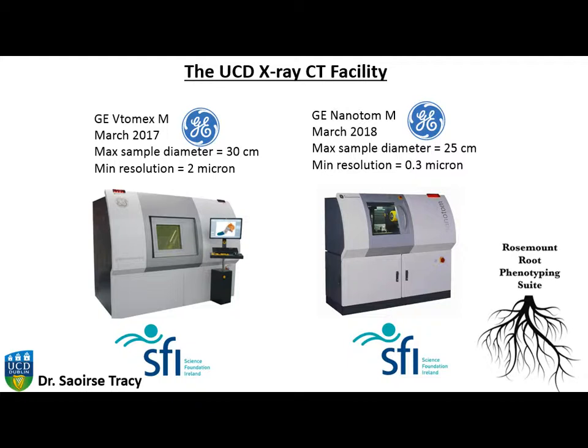I should point out, though, that the main limitation to X-ray CT is the trade-off between achievable resolution and the sample diameter. If you want really high resolution, you have to use much smaller diameter soil cores. This allows you to get them closer to the X-ray gun, and you can get that higher resolution. So the reason we've got a suite is because we can scan large soil cores and then smaller soil